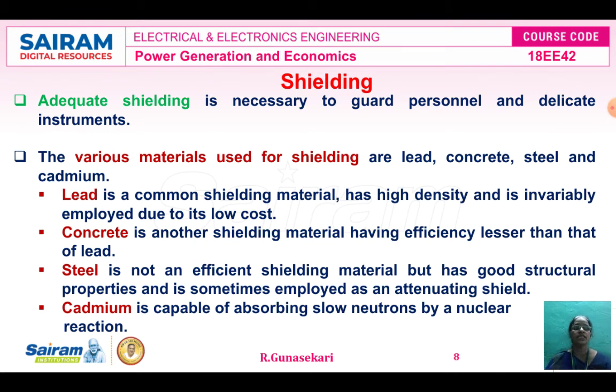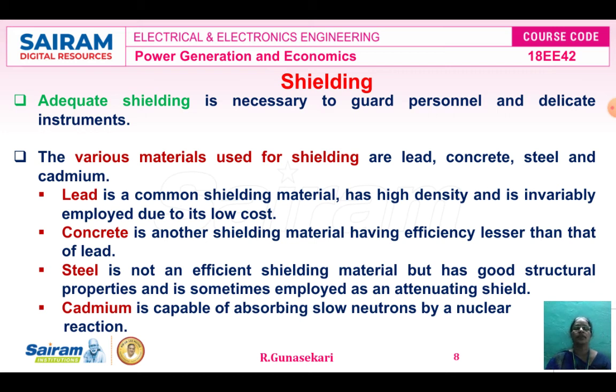So up to this we studied about the disposal of nuclear waste and effluent. Now shielding. What is the importance of the shielding in the nuclear power plant? Adequate shielding is necessary to guard personnel and delicate instruments. What are the materials used for shielding? One is lead, second one is concrete, third one is steel, fourth one is cadmium. The four materials are used as